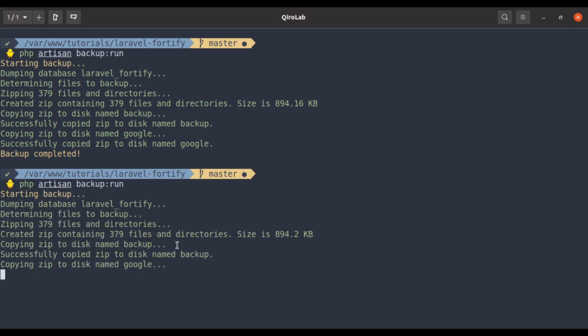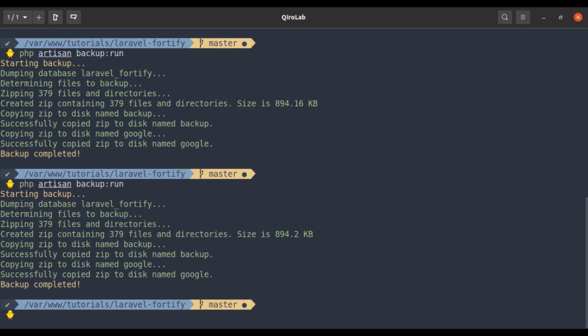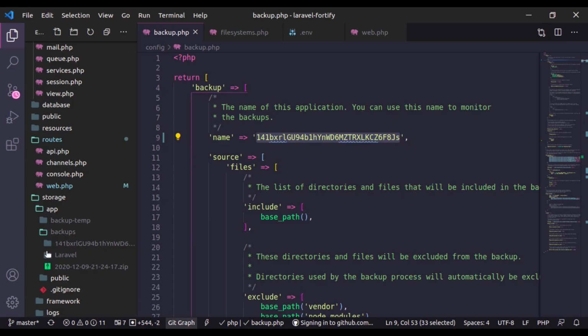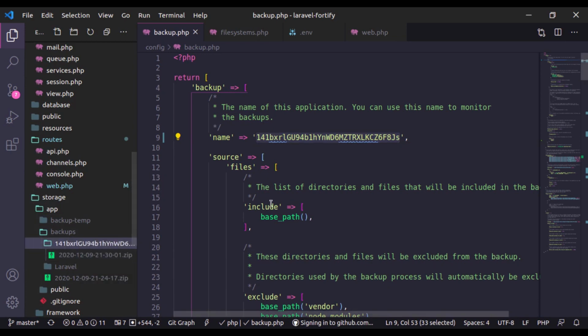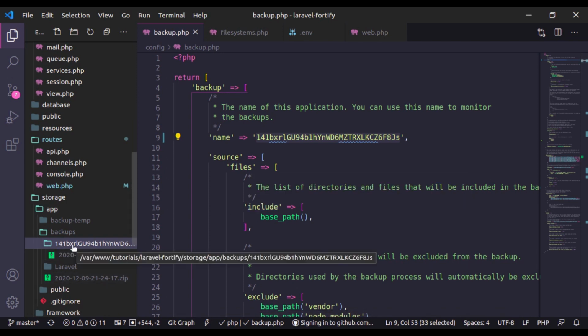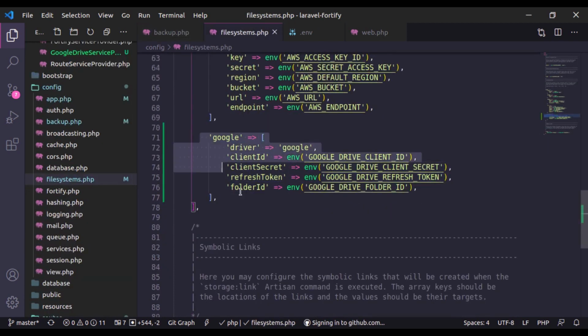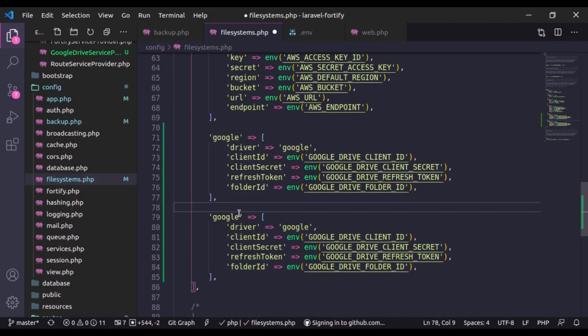Now backup is completed. Now in the Google Drive, here we have new backup, and in the local storage we can see it has created a new folder and its name is this ID, and in this folder we have backup file. I guess you may have not liked the name of this directory. So instead of this, what we are going to do, we will create another disk, and I'm going to name it Google Backups.